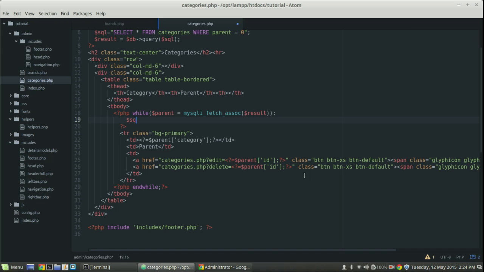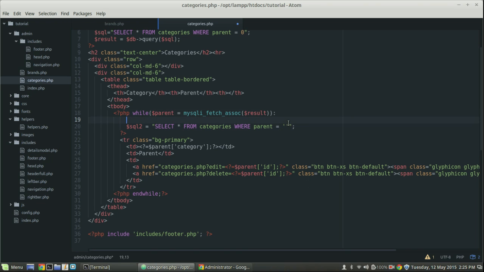go ahead and do SQL2, just because I'm really bad at naming things. You guys are probably so much better at naming things than I am. So just go ahead and do that. Within this loop we're going to create a new SQL, and we're going to say select all from categories where parent equals, and then in single quotes we're going to pass in our, well, better not do that. I've had some issues in the past with this, so we're just going to create a new